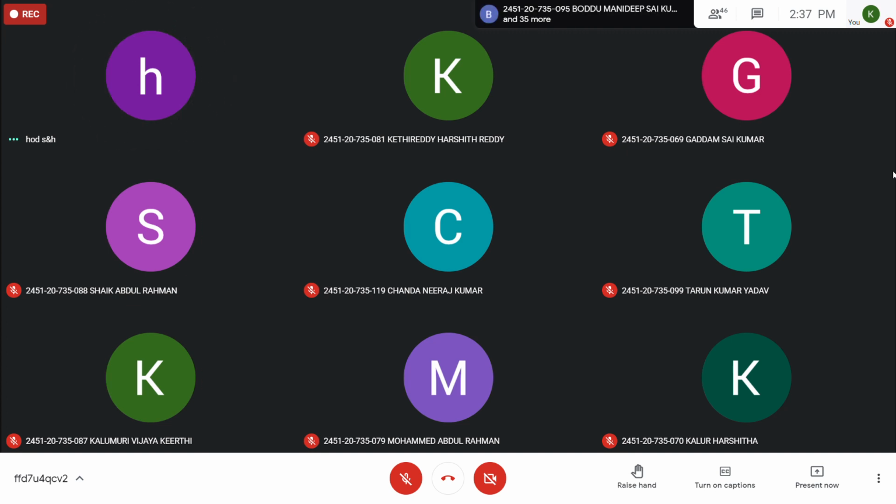Any doubts in this experiment? We have to submit graph, calculation, and table. No need to write the procedure. What you have to submit is the aim of the experiment, apparatus required, then the forward bias circuit you should draw, the reverse bias circuit you should draw, then tables; everything is there in the PDF. You can take a screenshot and submit the table. You need not give the table, but the graph you are drawing manually, convert that graph into PDF and submit it, and the calculation part: resistance of the diode both in forward bias and reverse bias. This you should submit.